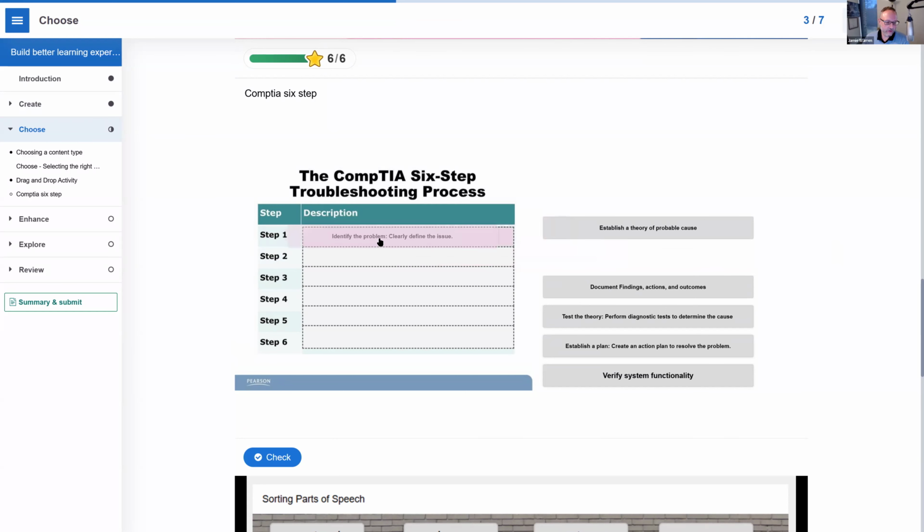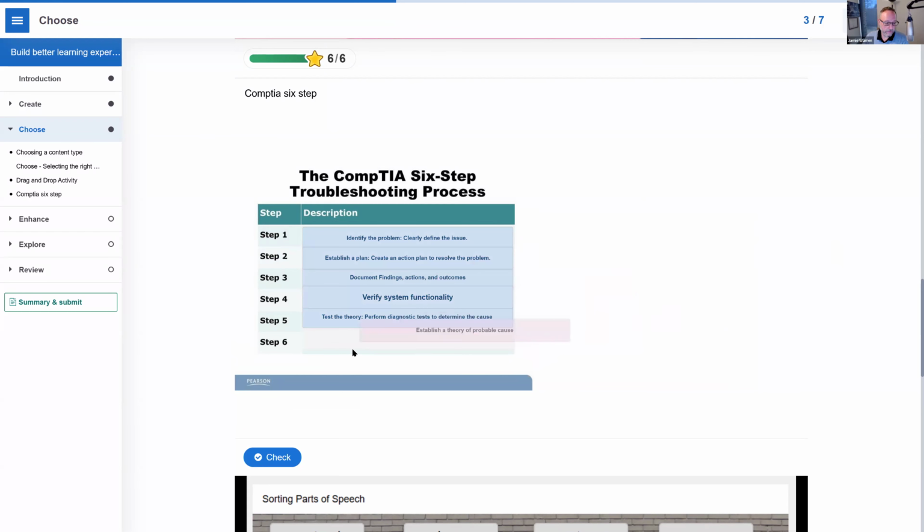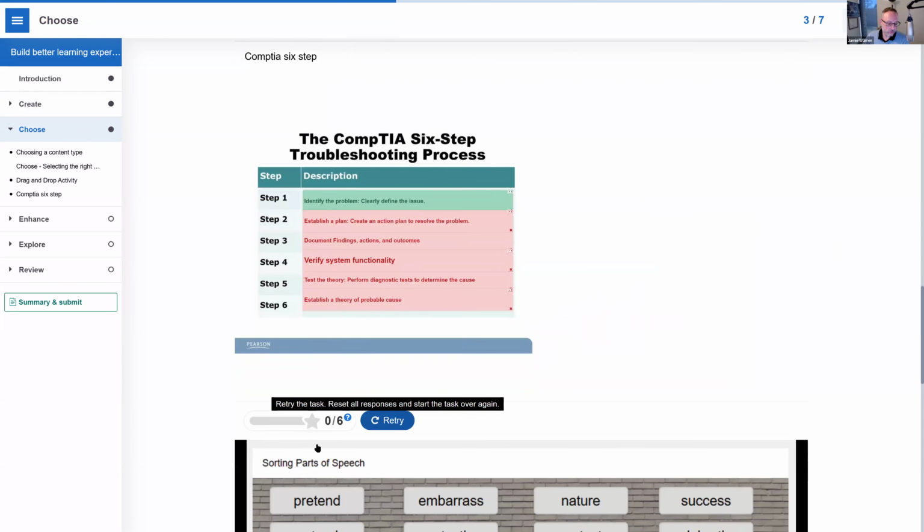So anyway, you can identify how this goes, and I'll just put these in here randomly, and we'll see what happens when you get nothing correct. In this case, I got one right, but there were 0 points awarded. So there are little things like this. You could have it so that each step of the drag and drop is a point, or you can just have the whole thing worth 1 point. So if you're interested in building something like this,